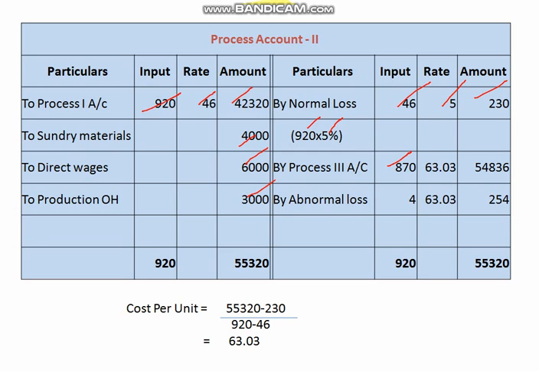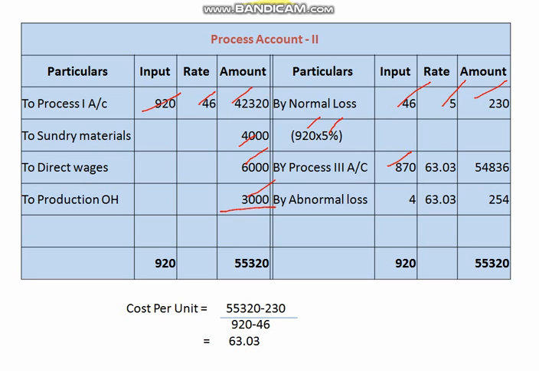Say 870. Output is 870, but the fraction is not given. Fraction means rates are not given. Whatever I marked now, only up to here they gave the information. After that, you need to do that. The difference is to be computed by using the fractions. How are the fractions to be used? The solution now. The solution is like this.